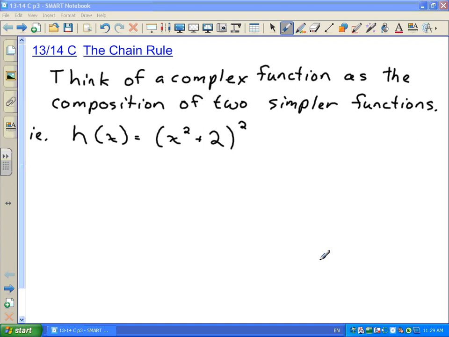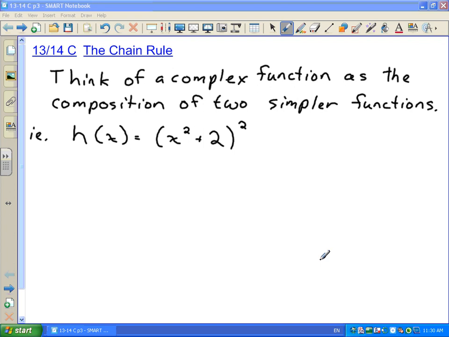Okay, so in this lesson, we're still working Unit 1314. This is Box C, and we're going to cover the chain rule, which is the latest in our series of rules for finding the derivatives of functions. And this is going to follow nicely from what we talked about in the last lesson, where we reviewed composition